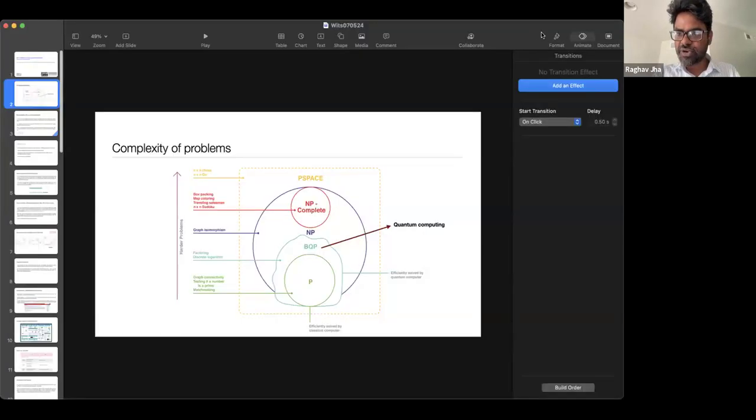Okay, so first of all, let's see, I have to move this cursor somewhere, so let's move it here. Okay, so